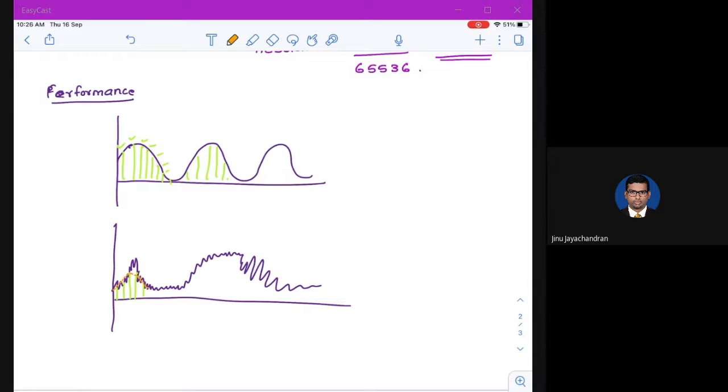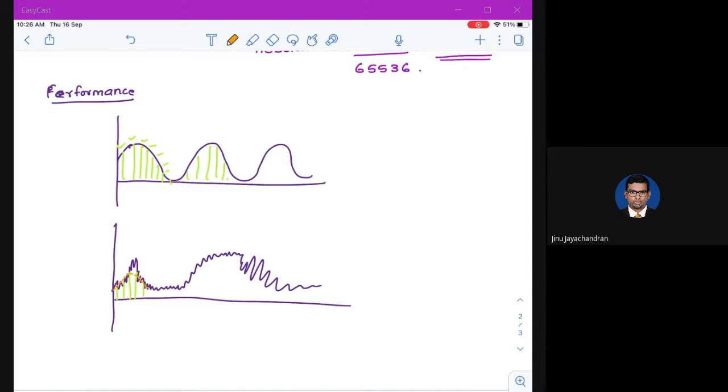Then you can say, okay, I don't need high resolution, but my signal is very high frequency, because of which I will select an ADC which has a high sampling frequency, but with lesser resolution or lesser number of bits. Okay, so all these are the criteria to select an ADC, and these are all the configuration parameters.